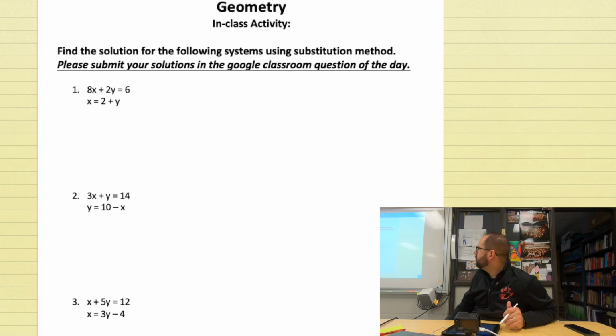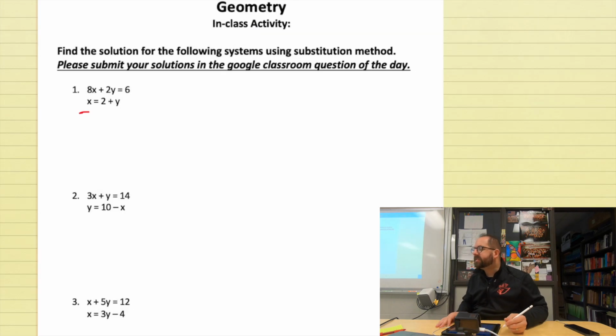Okay, so again, we're going to be finding the solution for the system using substitution. That was the problem. So we want to kind of work on substitution methods. So if we look at what we have here, this top problem, I'm going to go through each of these kind of one at a time here. So this top problem,